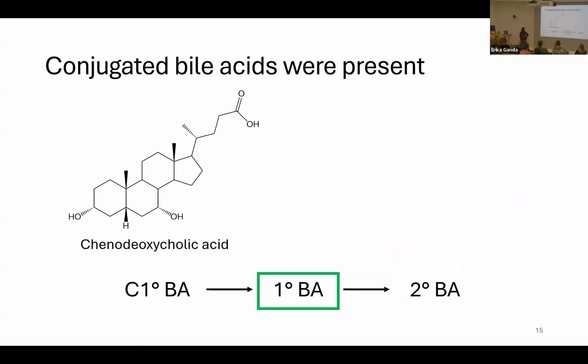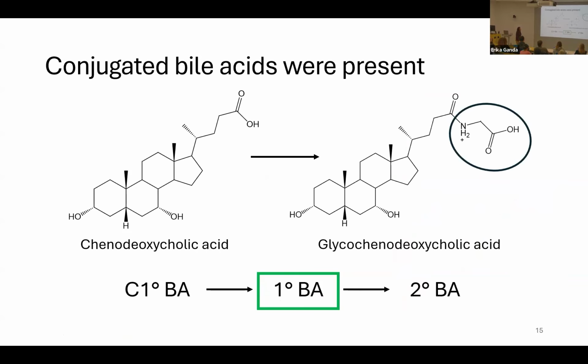But I told you I provided primary unconjugated bile acids in the media. So you can imagine my surprise and shock and fear as a graduate student when I started seeing conjugated bile acids in my samples. I was seeing glycochenodeoxycholic acid, glycocholic acid, things like that, where we have standards, so we know what their masses and retention times are. And when I was seeing those in my samples, I emailed a few different people and was like, what did I do wrong? Why am I seeing conjugated bile acids in my samples? And everyone that I talked to was like, yeah, we've never seen that before, so good luck.